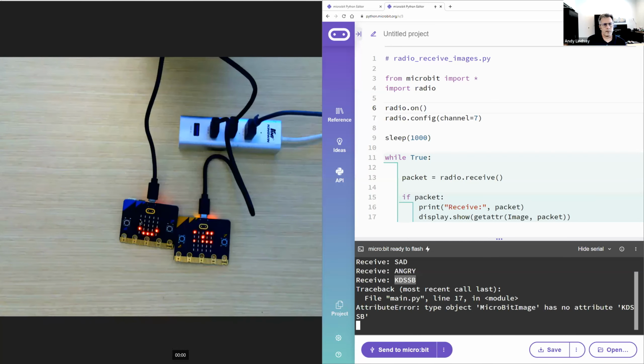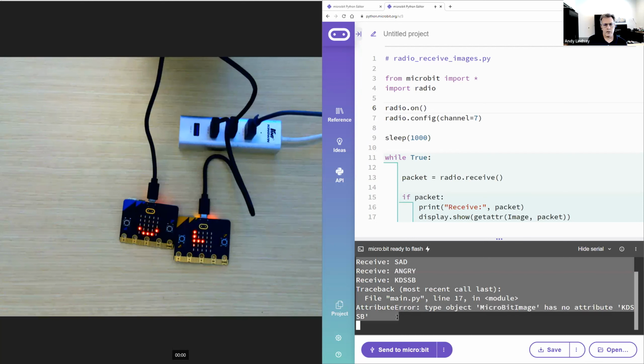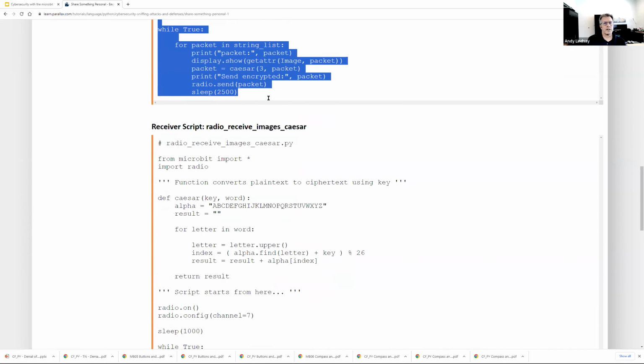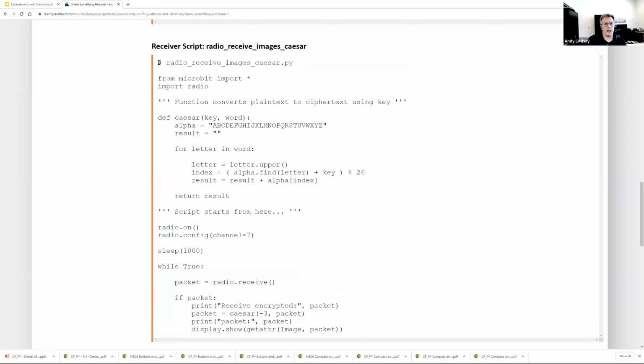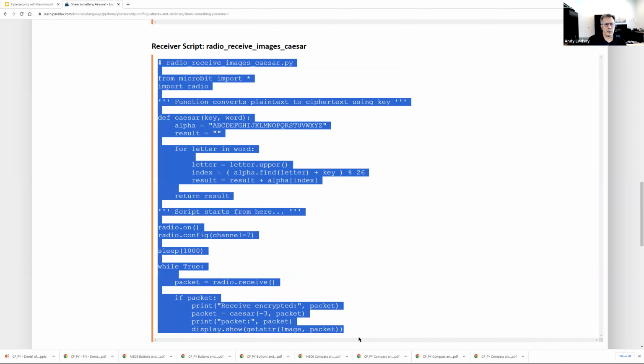The other one is repeatedly sending different images, but the receiver microbit, the sniffing microbit, has stopped in its tracks. Now we'll update the sniffing microbit, and now we'll imagine that we're the student that's the